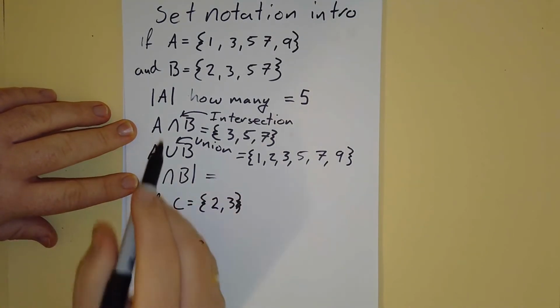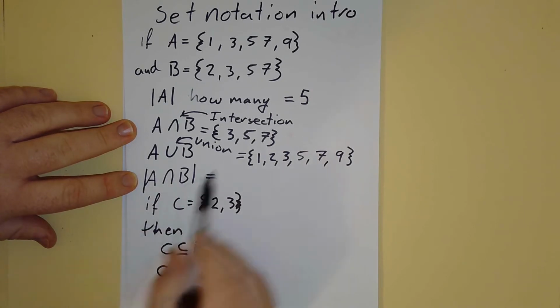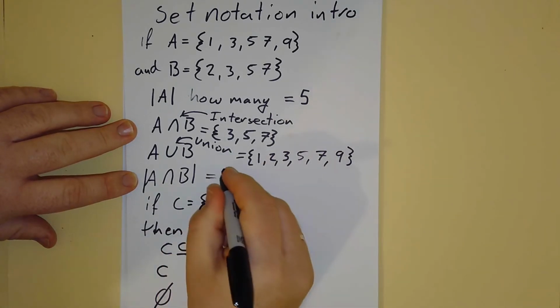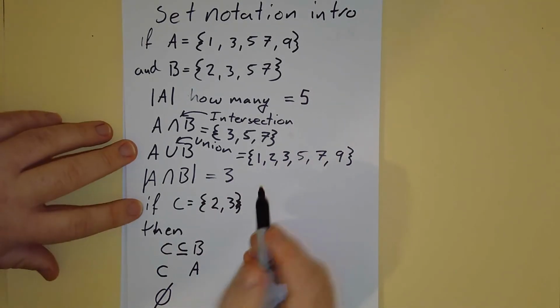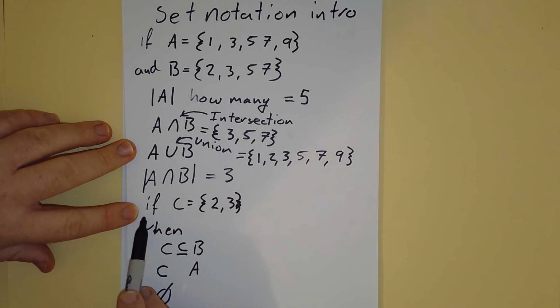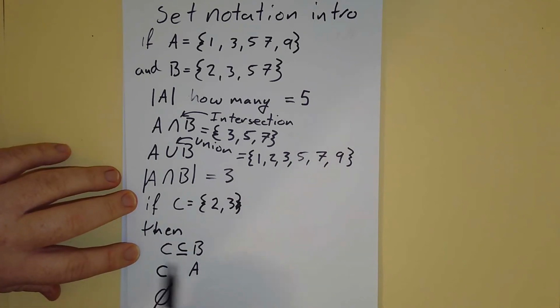So here we'll combine these. It's saying what's the size of A intersection B? Well, we wrote A intersection B out before. It's 3. So now if we've got another set, 2 and 3, then we can say C is included within